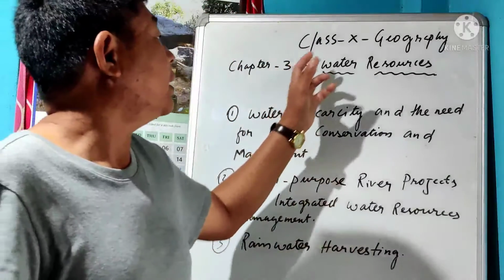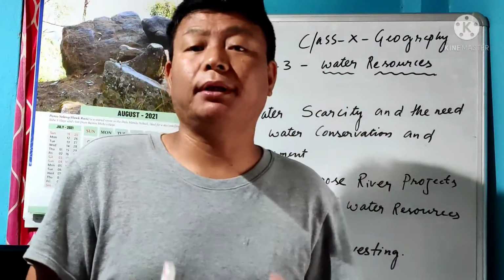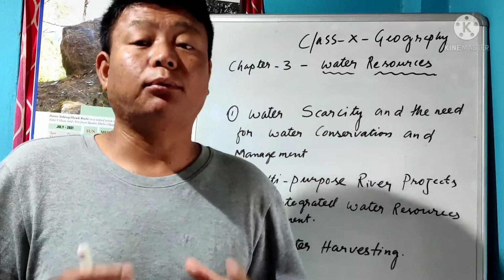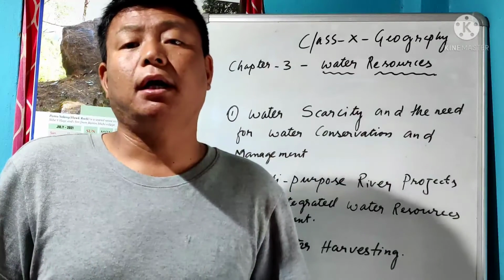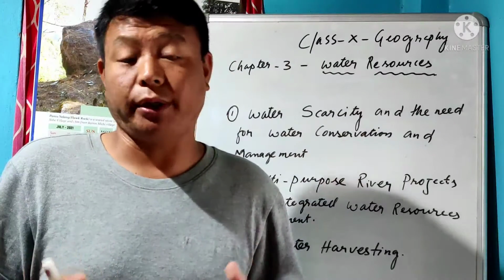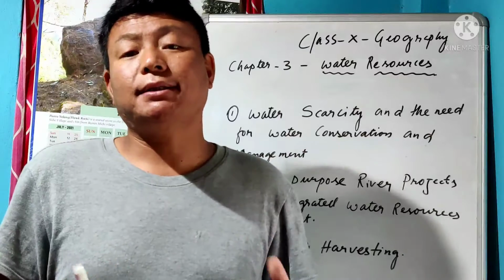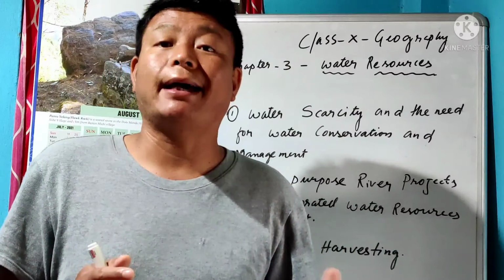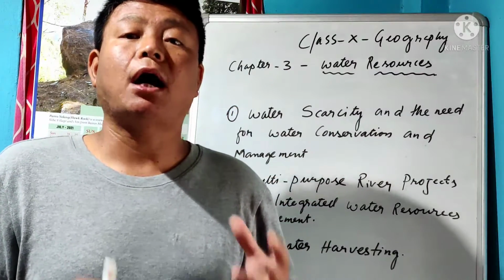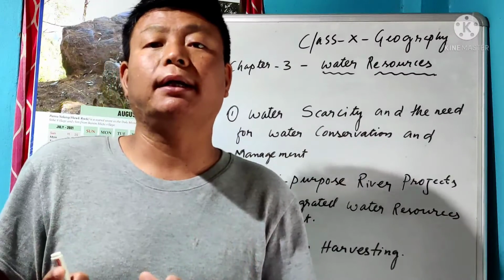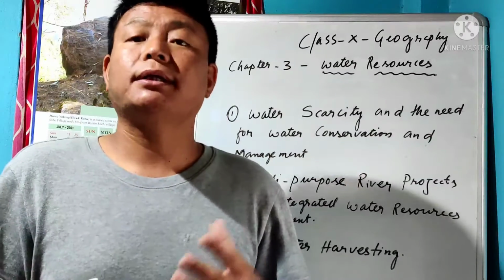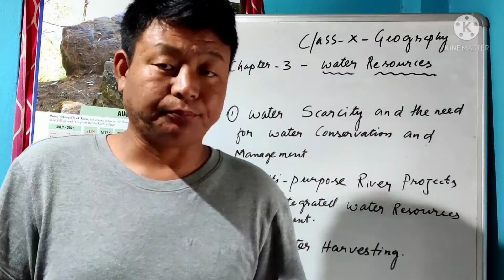In this chapter on water resources, we'll discuss the importance of water. Anyway, we already know the importance of water, and that for every living being, without water it's very difficult to survive. But how much percentage is used for drinking water, and how can we convert more water into fresh, more usable water? Those things we'll discuss, and also the forms of water.